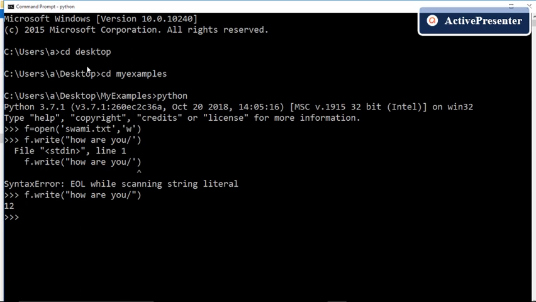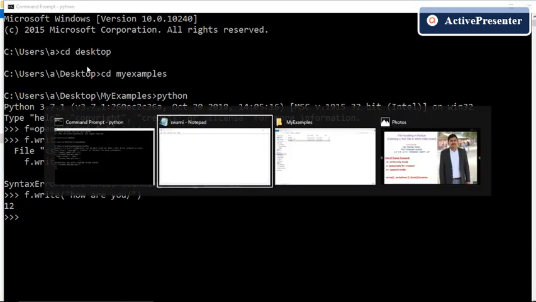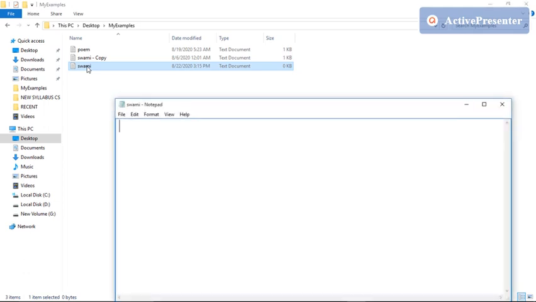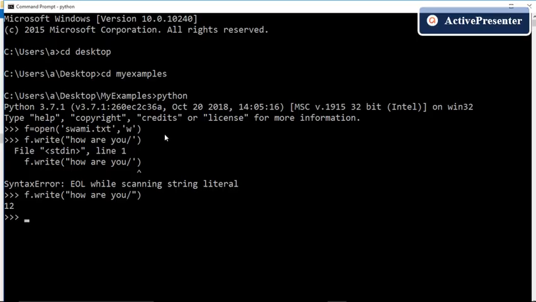After performing this write operation, what is the content of the file swami.txt. Okay, let us open. Okay, we can see that nothing is reflected here, means whatever we have written using write command is not reflected into the original file, that is the file that is present on our hard disk.